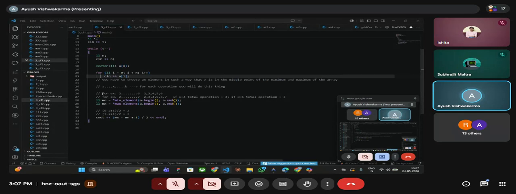Let's say this is your example. There is a vector, but in that vector your minimum element is 2 and the maximum element is 6, and we don't really need to know the middle elements. But let's take this. These are the x values that we can take: x equal to 2, x equal to 3, x equal to 4, x equal to 5, x equal to 6.